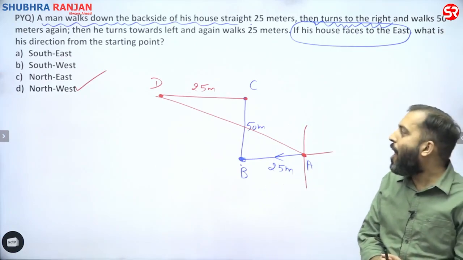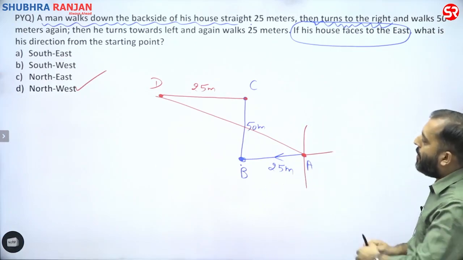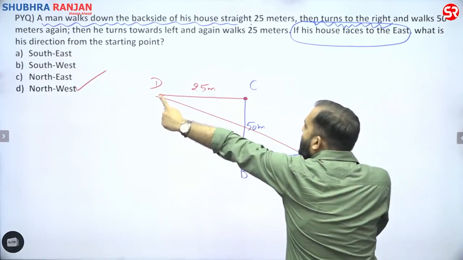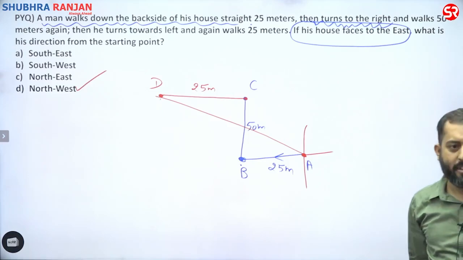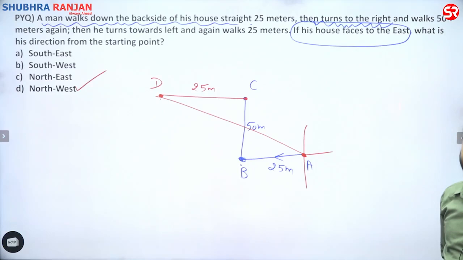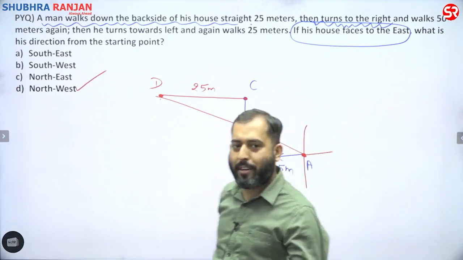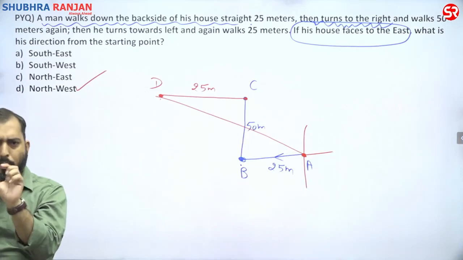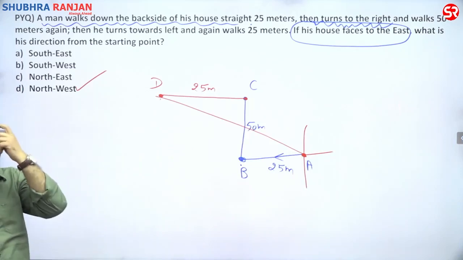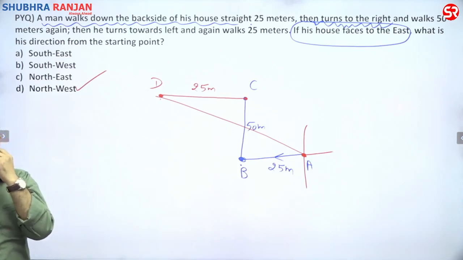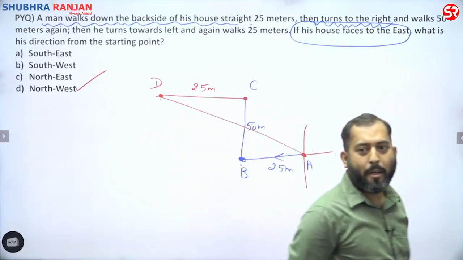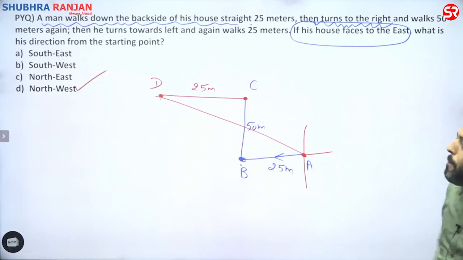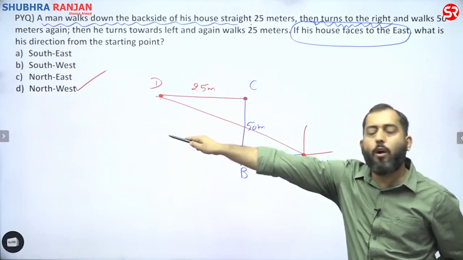Okay. Now, what is the shortest distance between A and D? We can solve this question orally as well. We need to know the basics of geometry or the basics of Pythagoras. Huh? 50? Somebody said yes. It is good, 50 root 2. Now, I hope the answer of this question is clear. Northwest. Now, what is this distance?